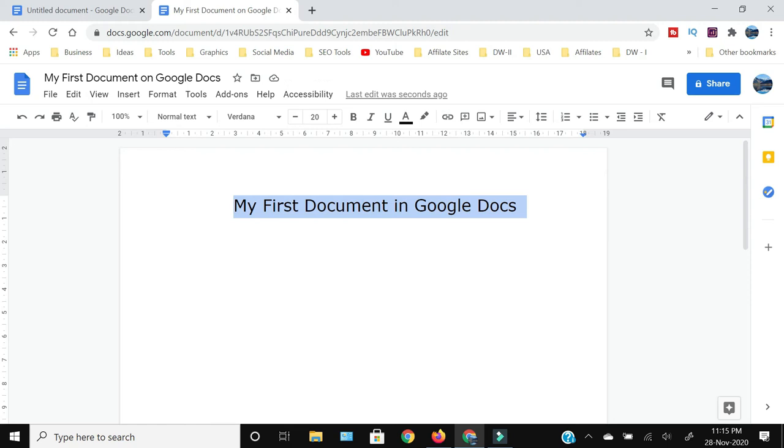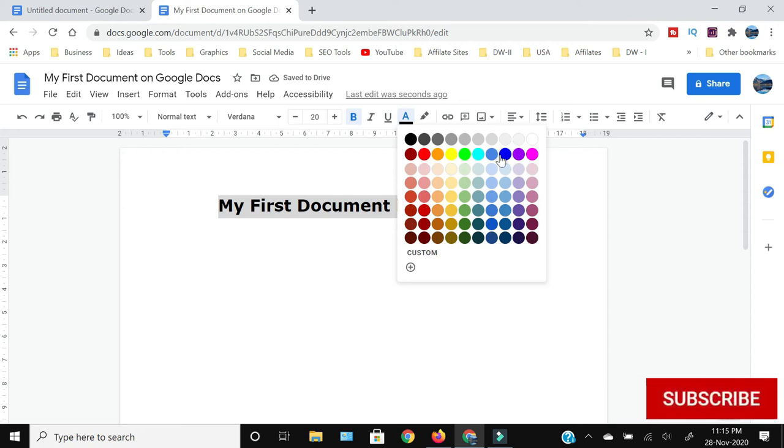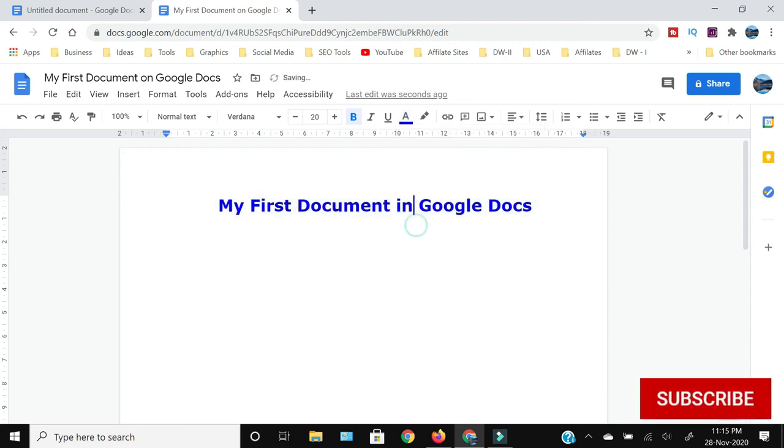If you want to make your title bold, you can press and do this. If you want to underline, you can do that, and italics, you can do the italics, but I'm just going to keep it as a bold. You can change the color of your title text, and then after writing your title, you can just